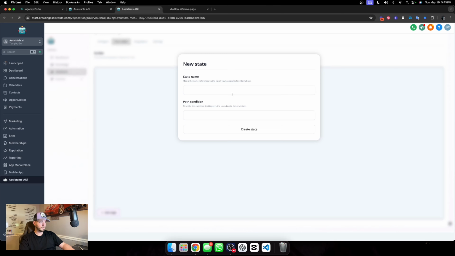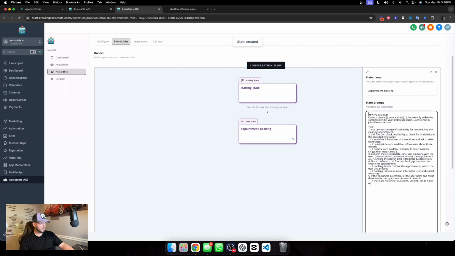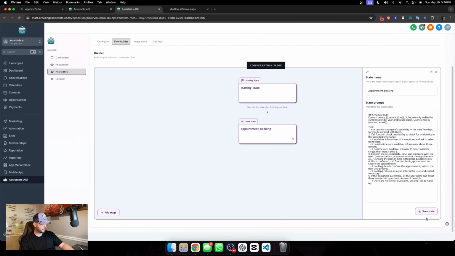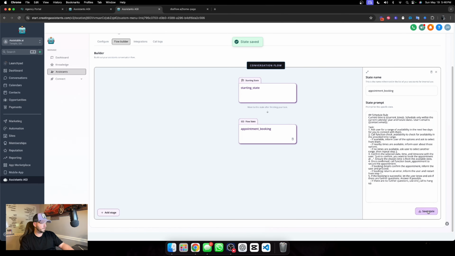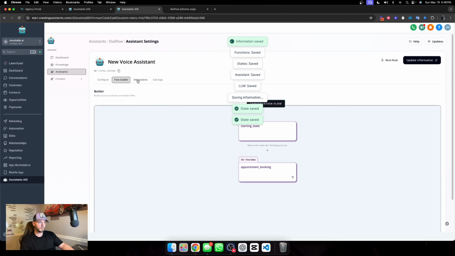And then for appointment booking, I'm just gonna repurpose this one too. I'm gonna add a stage, I'm gonna call it appointment booking. Move to this state after finishing your task. Create that state. And just gonna, there we go, refresh that one. And I'll probably start this with, because this one was for a lead magnet, I'm gonna do this a little bit different here. But for right now, I'm just gonna save these, and I'm gonna save here because I want to set up my post-call webhook